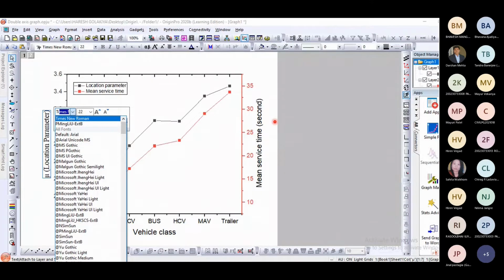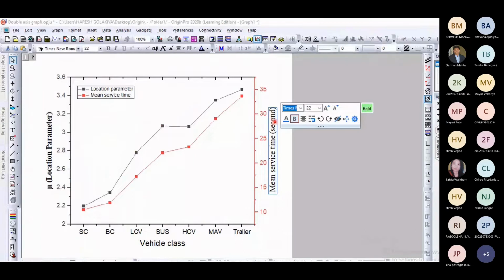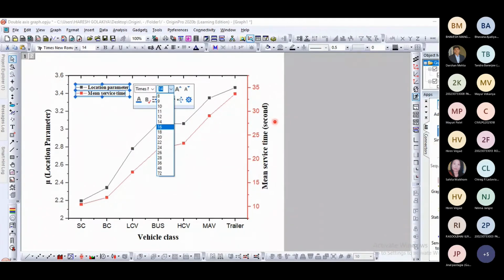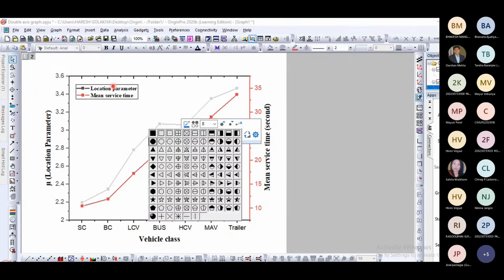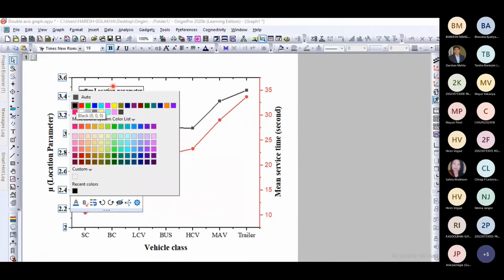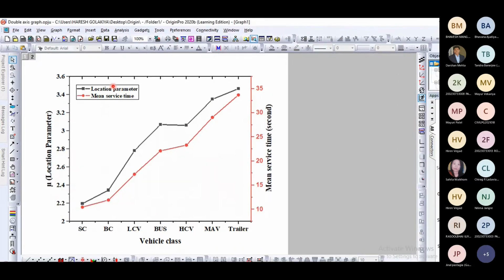We can change the font, the thickness, the legend, thickness of line, point style, color. So the chart is ready. Red shows this Y and black is for this Y.